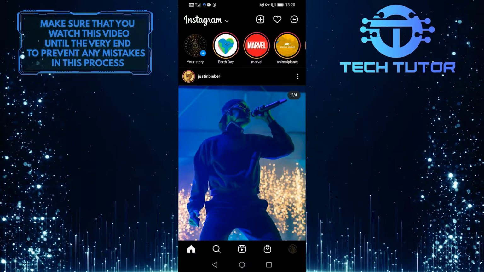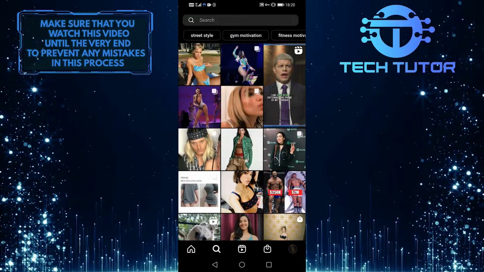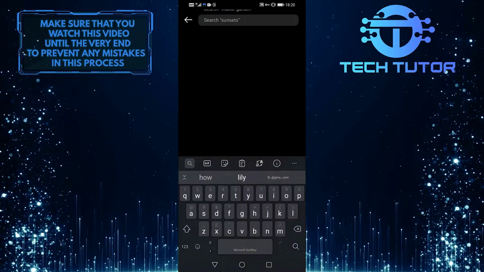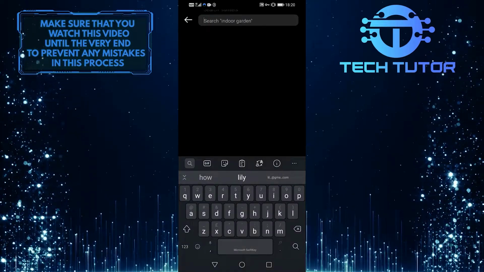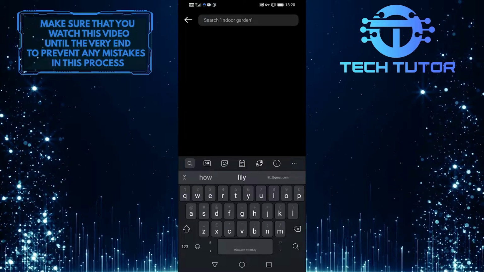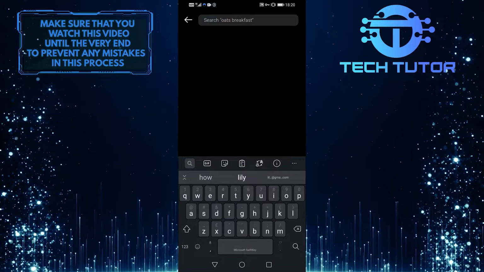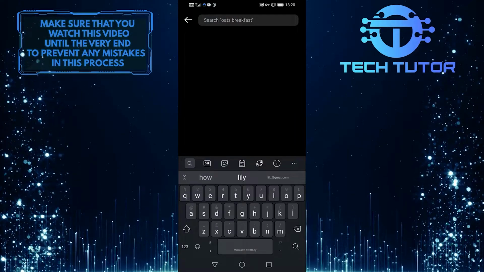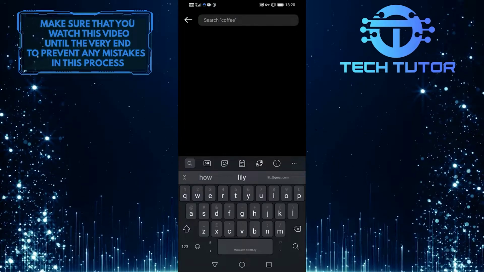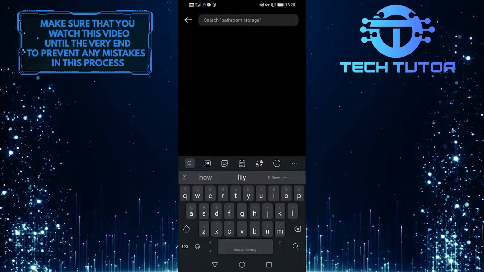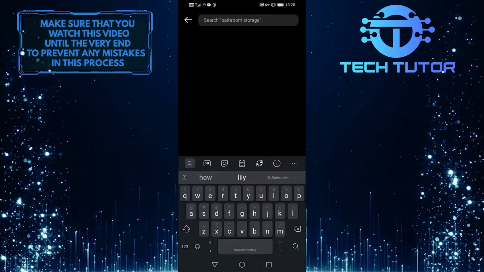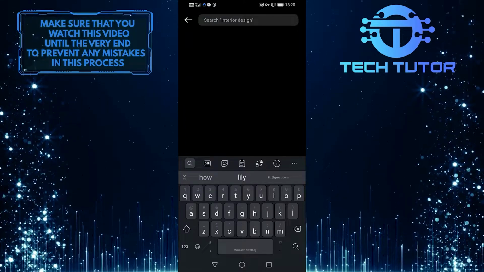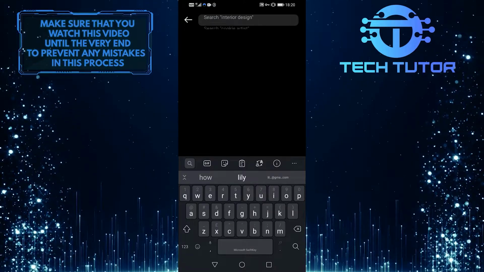The second scenario is that when you go into your search tab over here and you search for someone and it says, sorry, that user is not found, this means that person either has disabled their account or has blocked you from accessing their profile. So, when you're typing in his or her username, make absolutely sure you get everything correct because then that will show their actual account. The next reason might be that you might have blocked the user, and if it is,